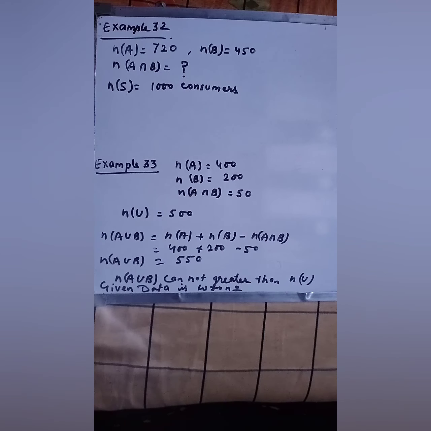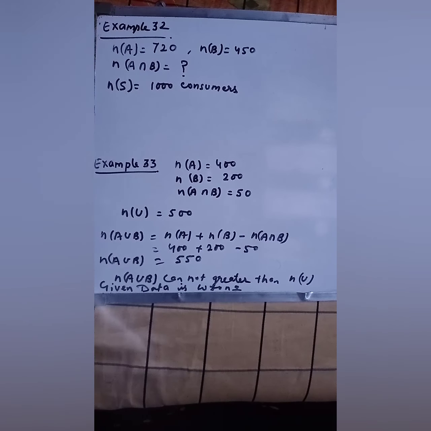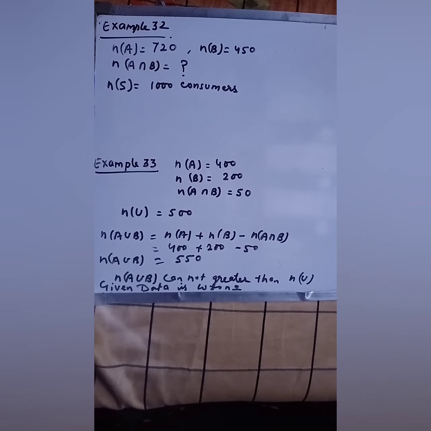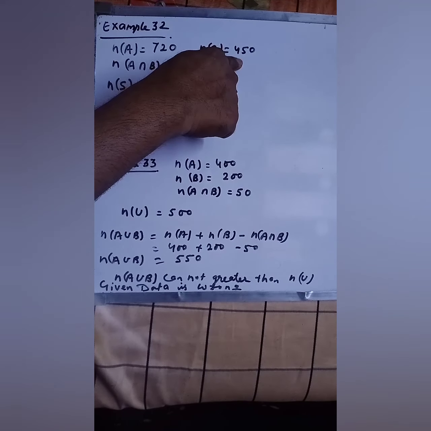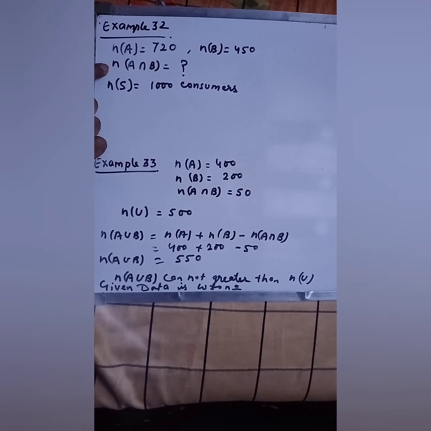Now here we have example number 32 of your NCERT. In this question, I'm just reading the question. A market research group conducted a survey of 1,000 consumers and reported that 720 consumers like product A. So for product A, how many consumers like it? That is 720. And similarly for product B, 450 consumers like product B. And we have to find out